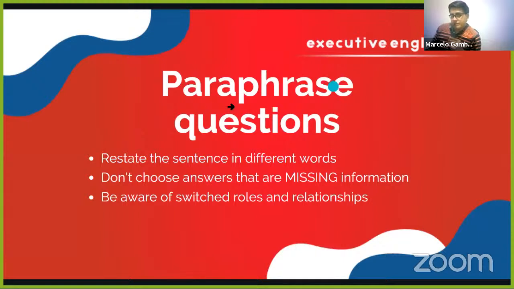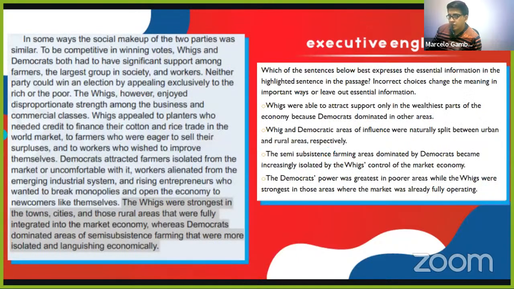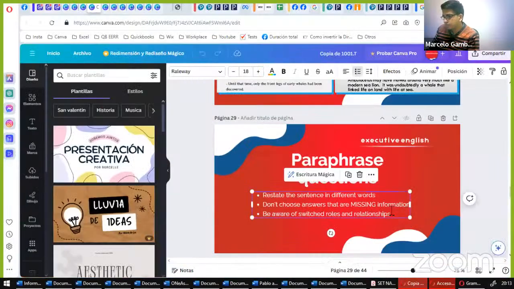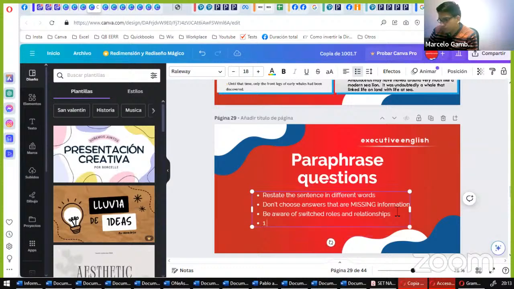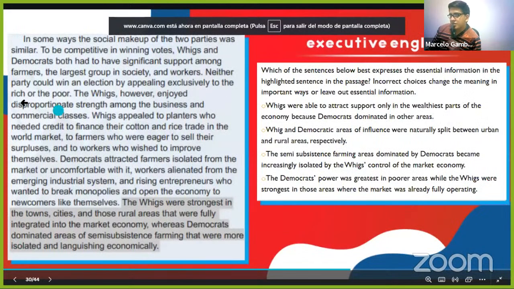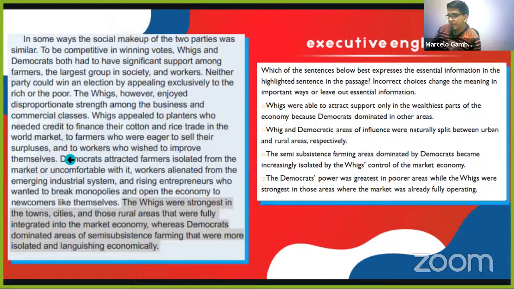Paraphrase question. Here you need to restate the sentence in different words. Choose answers that are missing information. Beware of switched roles in relationships. Here you also have 1 or 0 questions per passage. So basically, that's when you need to paraphrase. So let's have